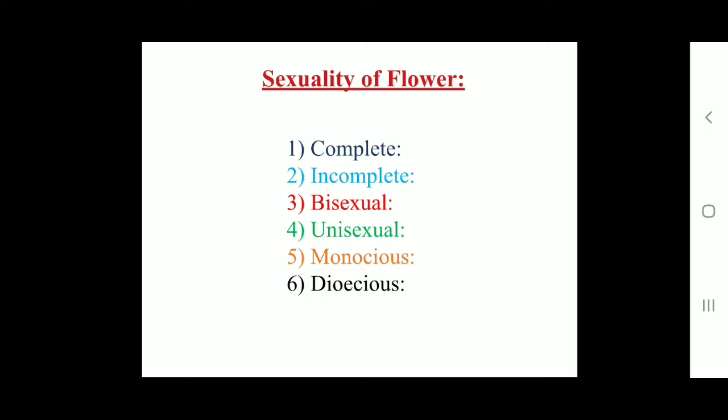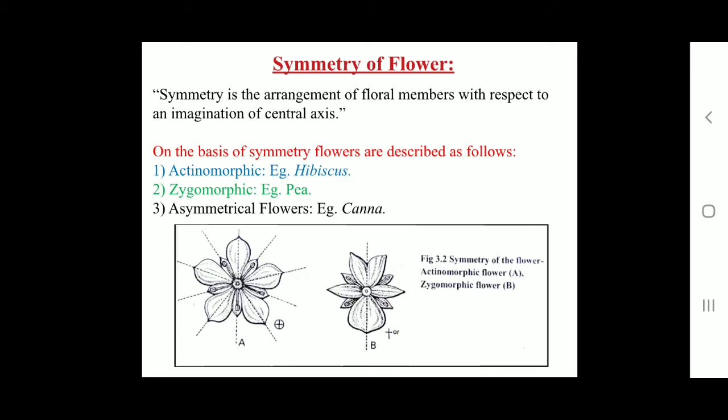In staminate flowers, only stamens are present. In pistillate flower, only carpels are present. When stamens or carpels are not functional, the flower is said to be neutral. The plant which bears both male and female flowers on the same plant is called a monoecious plant. Example, hibiscus and maize. On the other hand, when male and female flowers are produced on separate plants, it is referred to as dioecious plant. Example, papaya.